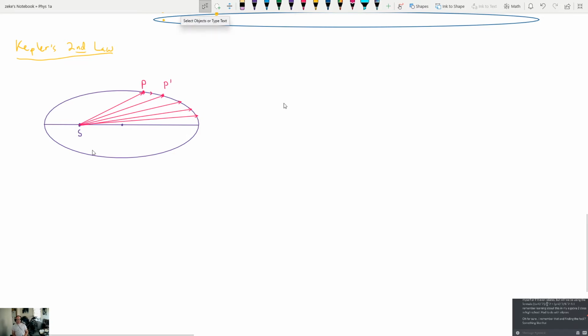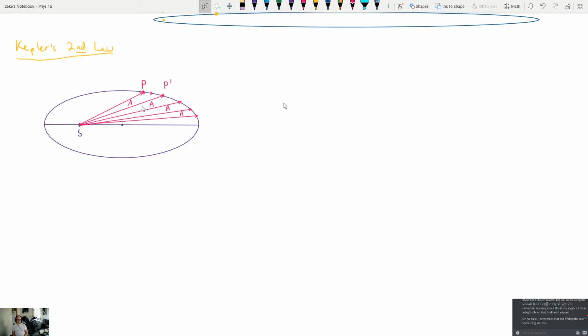It says that if I draw a line from the focus or the sun to the planet, and I look at how that line moves over time, then I can say that there's an area that's made right here, kind of a curvilinear area, where you have almost like a triangle where one side is just this curved path right here. What Kepler's second law says is that if you make sure that you draw equal areas every time here,